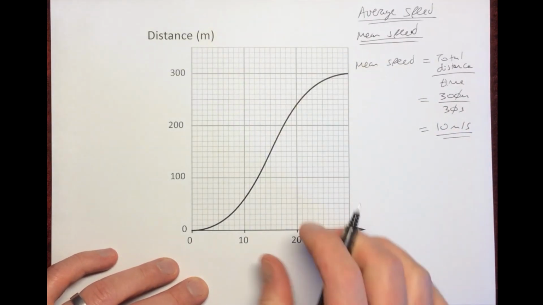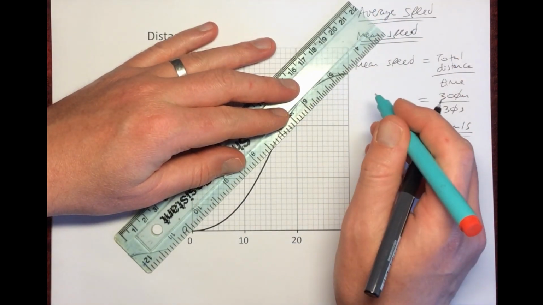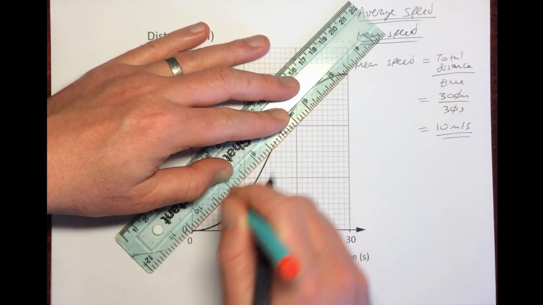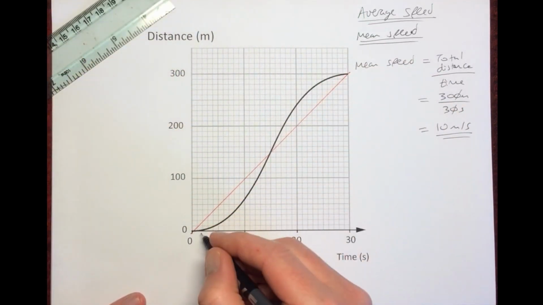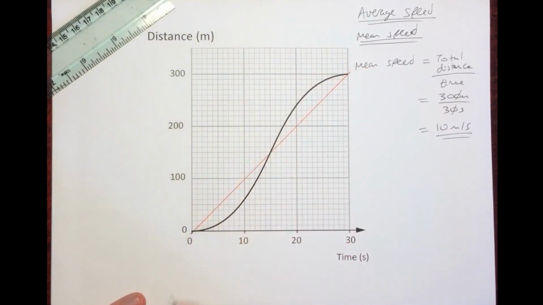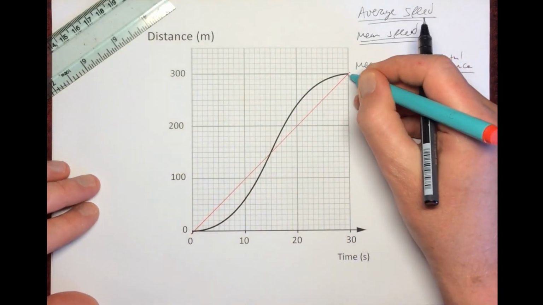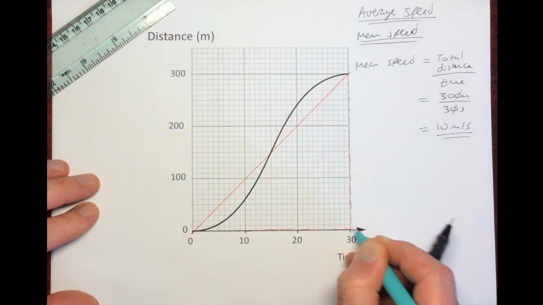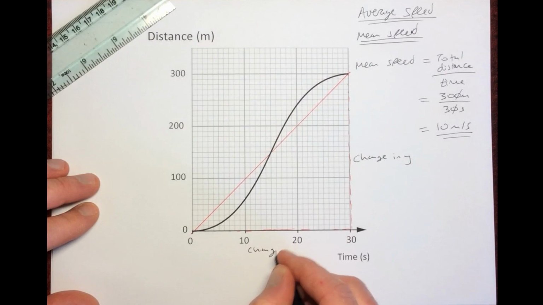Okay. Now the other way of doing it is to draw a line like this. Because this graph is symmetrical, you can draw a line just straight through it like this. So because it's symmetrical, I know that the speed is changing here, but it's changing equally here. So you can draw a straight line through it, and then you can work out the gradient. Now we know the gradient here is, I like to draw a little triangle like this, the change in the y value over the change in